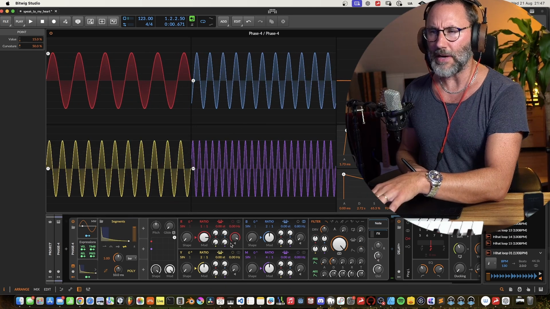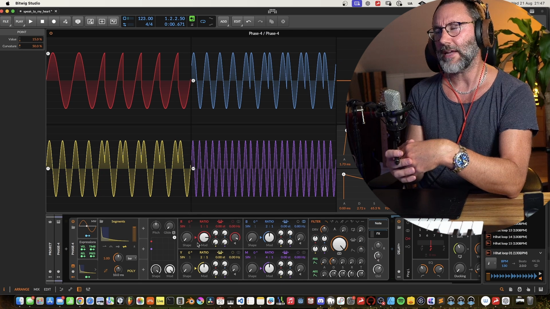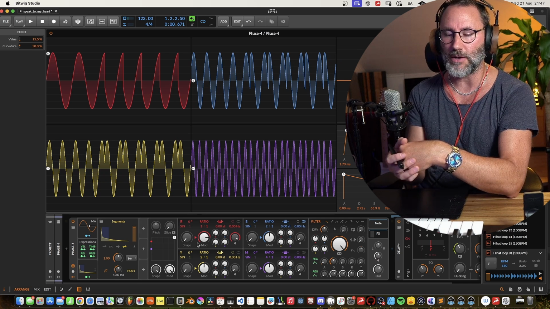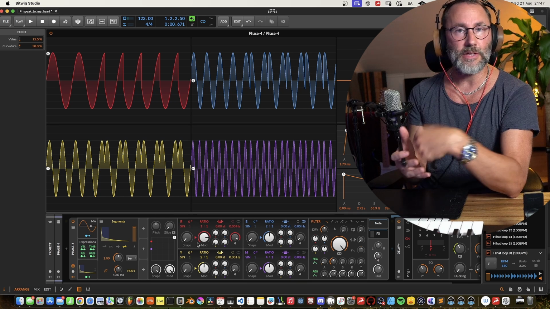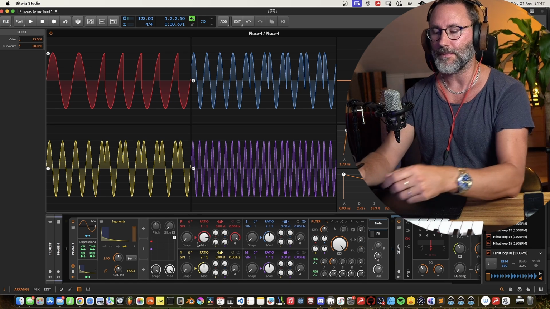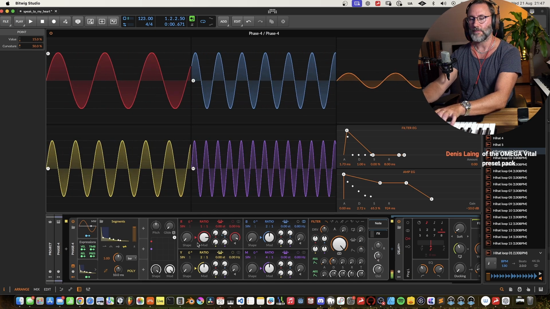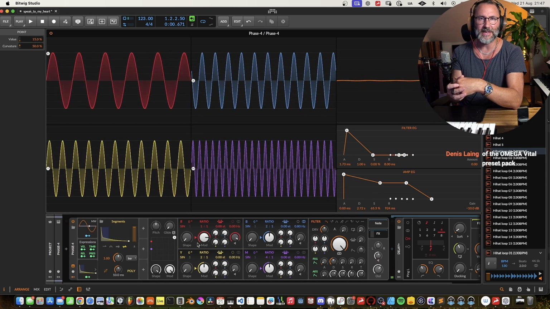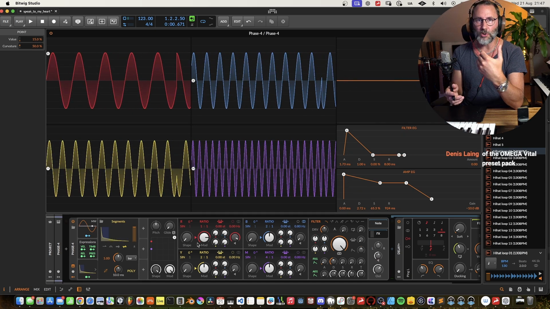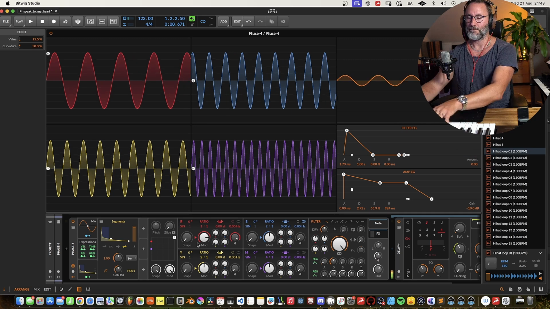Right, so how about if we want to get more of a snappy attack on this sound, like that crispy sound that you get from a kalimba or something, because this sounds more like a cotton soft sound.